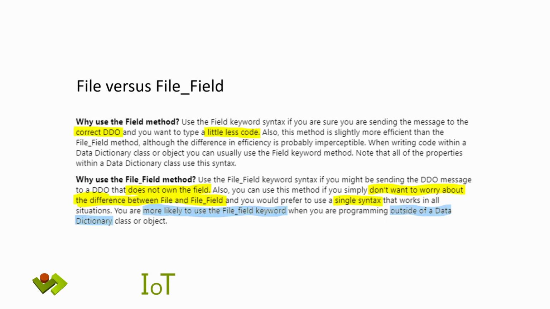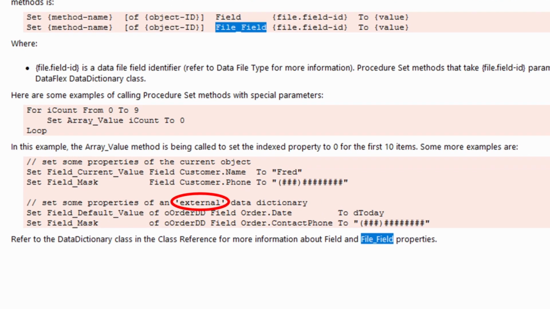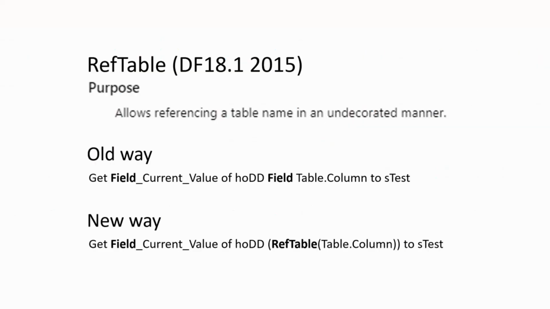But apart from choosing between writing less code or using a single syntax, it only hints that it might be more likely that I'd be using file field outside of the data dictionary. In another page, I found that the file field should be used to set values in external DDs, but this sounds like we are inside of a data dictionary and counter to the previous page. To make matters even more confusing, as of 18.1 we also got the ref table that can be used